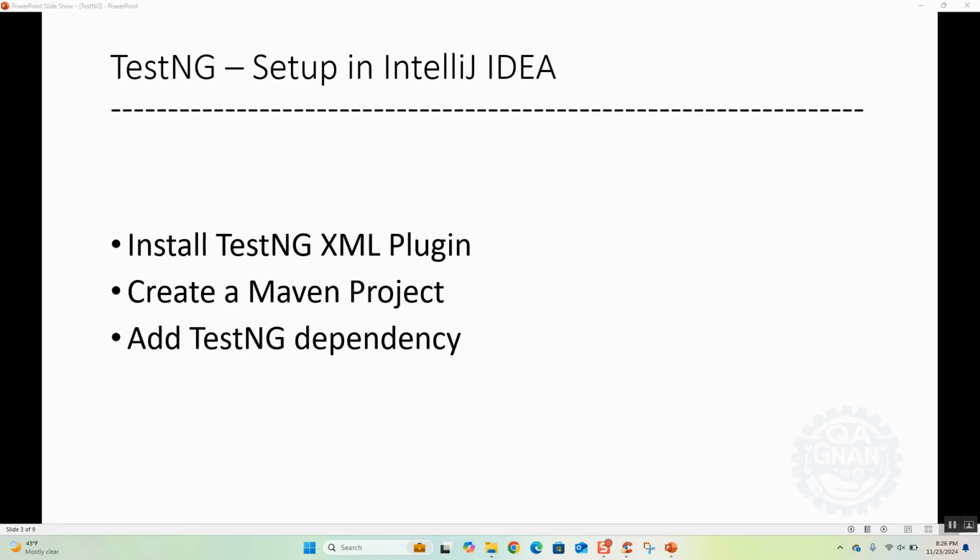Hello guys, welcome. In this video we will see how to set up or configure TestNG in IntelliJ IDEA. These are some of the steps which we need to follow in order to have TestNG enabled in our IntelliJ IDEA. First we'll be installing a TestNG XML plugin, which we can find in the IntelliJ marketplace, and